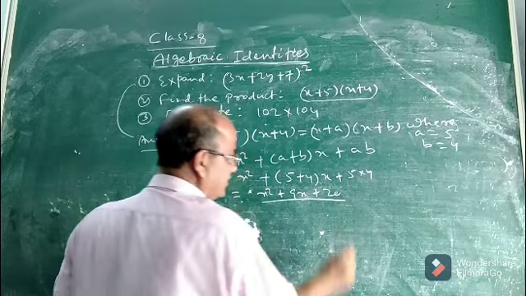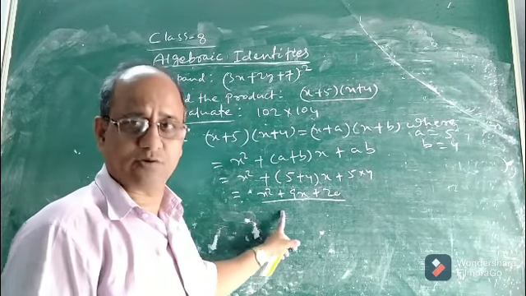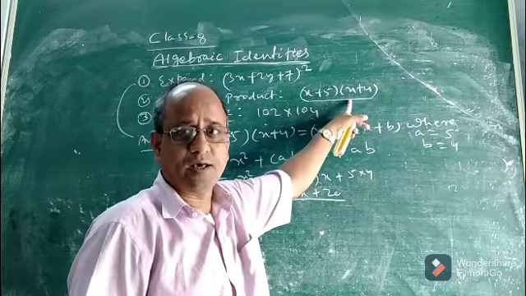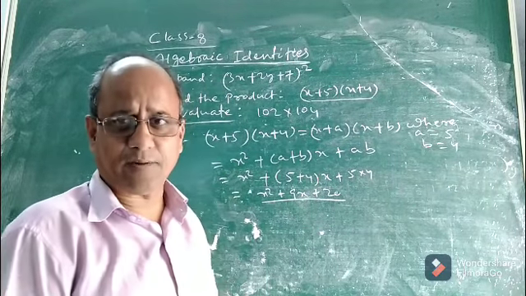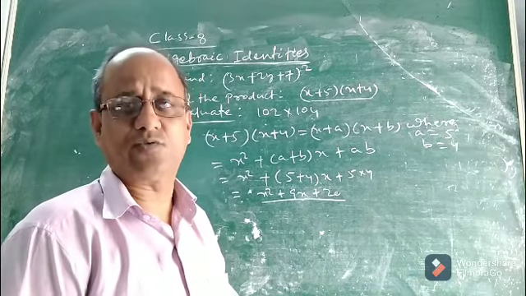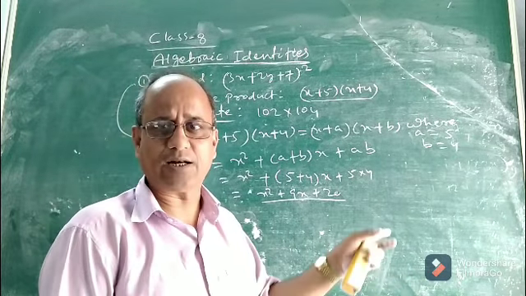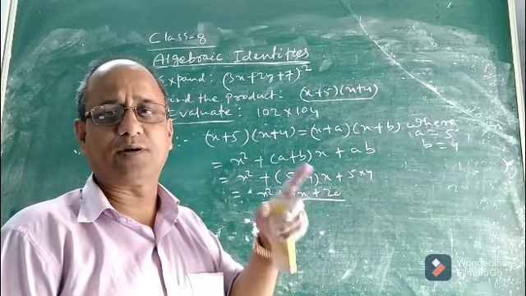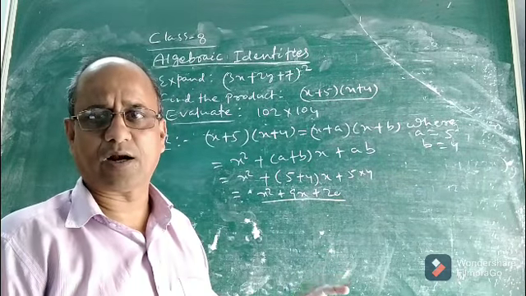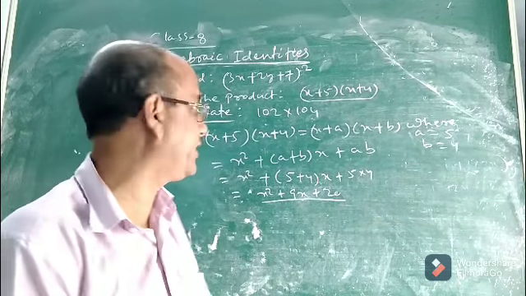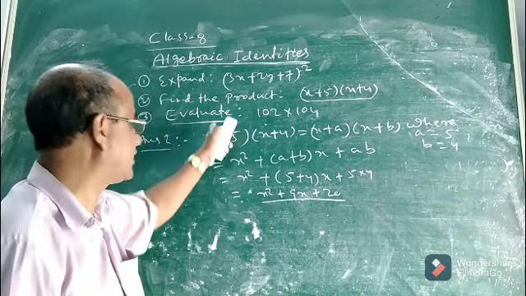Look at it, it is a trinomial. So this is the product of these two binomials. Here we found the product not by multiplying them directly, but by using identity. Which one? The fourth identity, that is, x plus a into x plus b equal to x square plus (a plus b) into x plus ab. So we have to remember and apply it, children. Then only we can solve problems, otherwise we cannot.